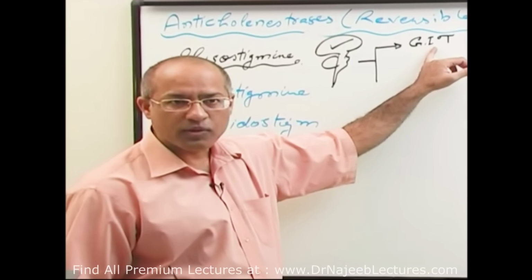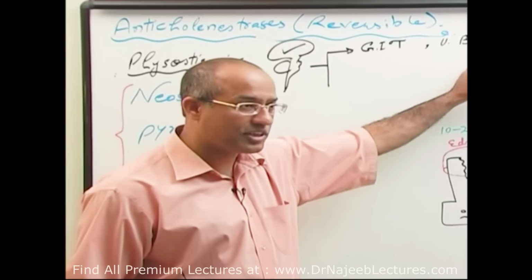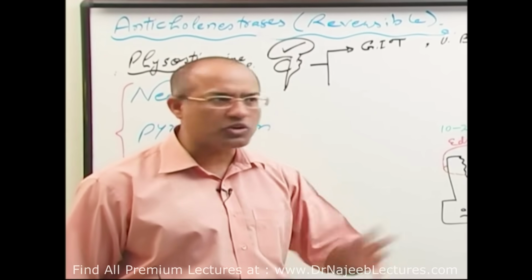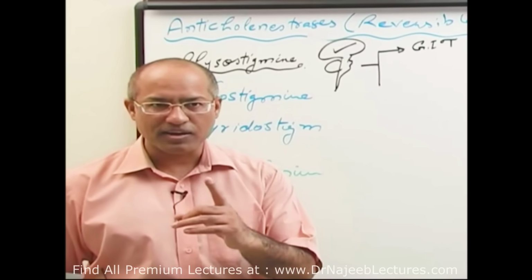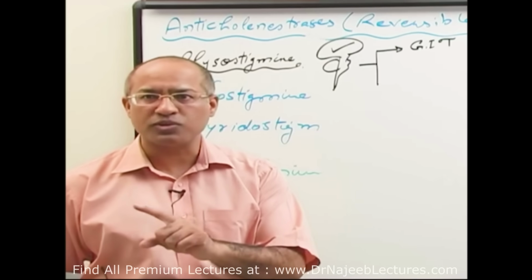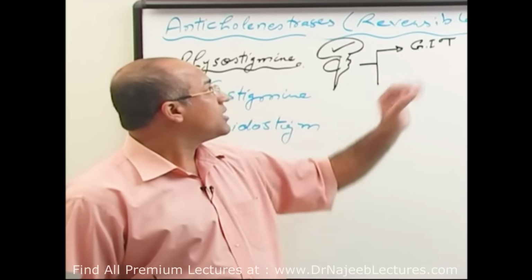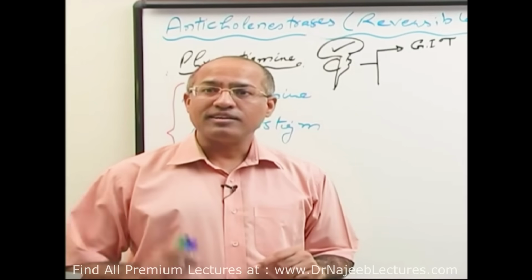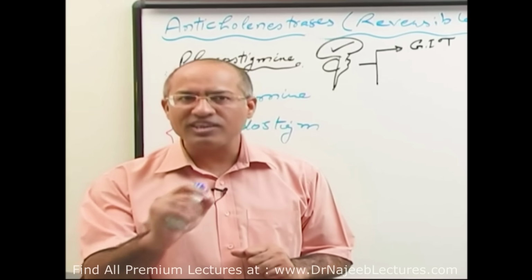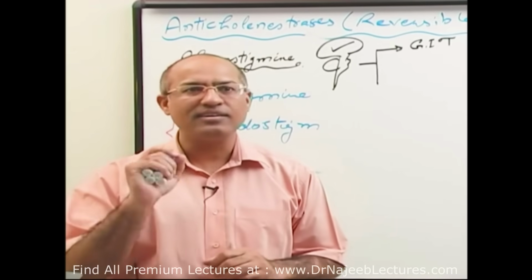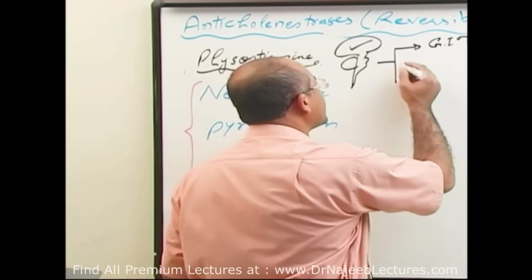You can use physostigmine. Or if there is non-obstructive urinary retention, postoperative or postpartum, you can use physostigmine. Again remember, methacholine and physostigmine both are used for this condition. The difference is methacholine directly stimulates the muscarinic receptor, but physostigmine actually does not stimulate the receptors. It actually inhibits the breakdown of acetylcholine, and then endogenous acetylcholine increases its action at cholinergic receptors, right? Secondly, physostigmine can be used in glaucoma also.